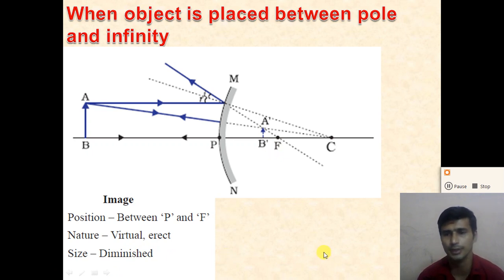So these two ray diagrams are for the convex mirror, right? It is very important how the image can be formed by the convex mirror. So understand these two ray diagrams, how to draw the ray diagram of the convex mirror. By the convex mirror, always a virtual and erect image will be produced. So to get a virtual and erect image, we use a convex mirror, right?